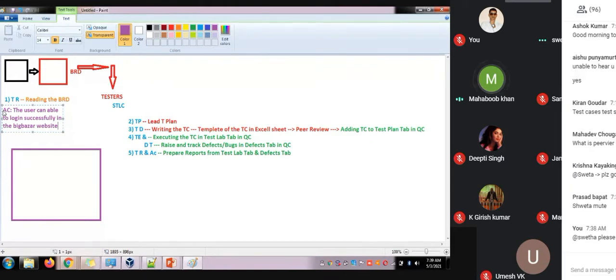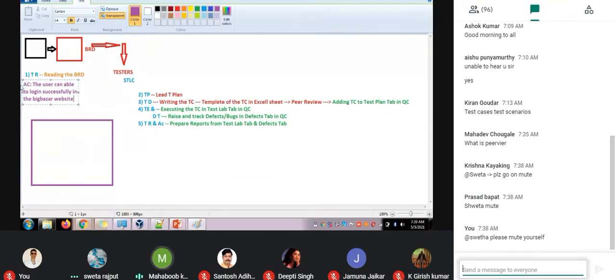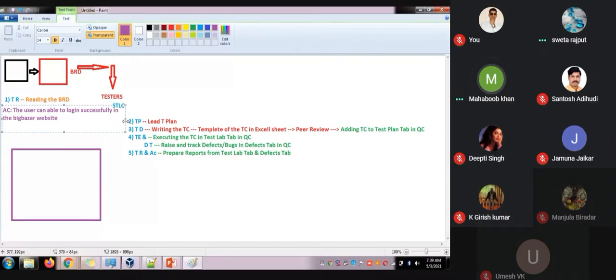Now let us jump on to the things. So right now, the acceptance criteria for this story or for this requirement is the user can log in successfully in the Big Bazaar website by providing a valid username and a valid password.